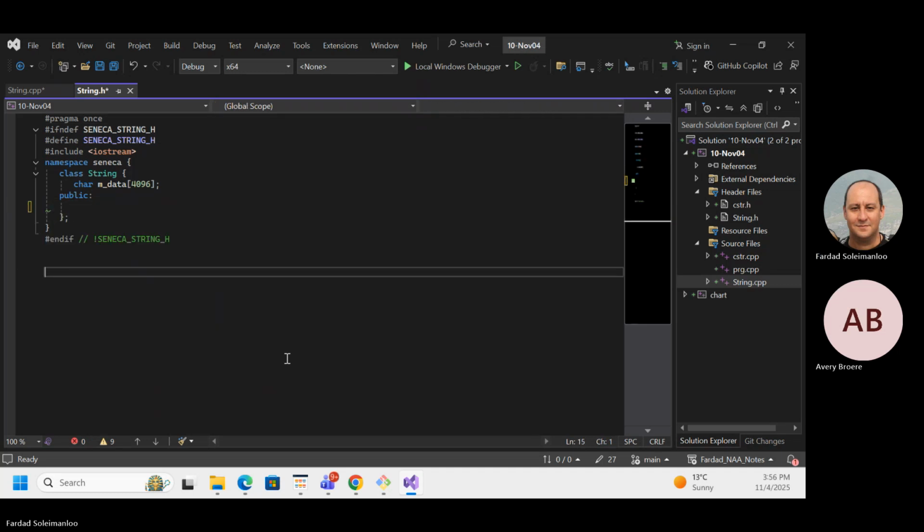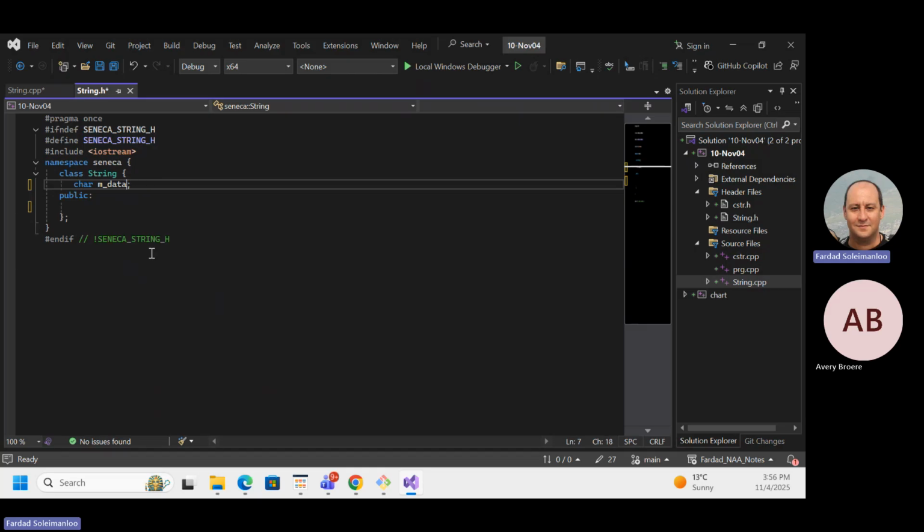Now we have a string that has data, but I don't want it to be limited to a certain number of bytes. So I'm going to make the data of the string a pointer, using dynamic memory allocation. What I want is to get rid of arrays for strings. I want a variable that I can set to far.dat, and if I want to make that far.dat Solimandu, I want to be able to say name plus equal space, so it adds one space after, or name plus plus, which adds one space after.